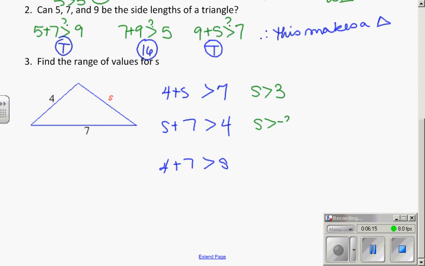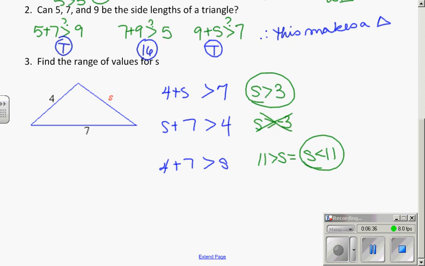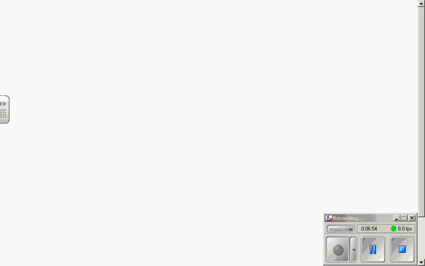So this means that s has to be greater than 3, s has to be greater than -3, and 11 is greater than s. I don't like looking at inequalities with my variable on the right, so I'm going to flip that one over to s is less than 11. This is my top value. Now -3 and 3, -3 doesn't make sense as a length. I'm going to discount that one. So a nice neat way to write this is s is between 3 and 11. So I could put 3.00001 and it would work. And I could go up to 10.99999 and it would work. That is all for this